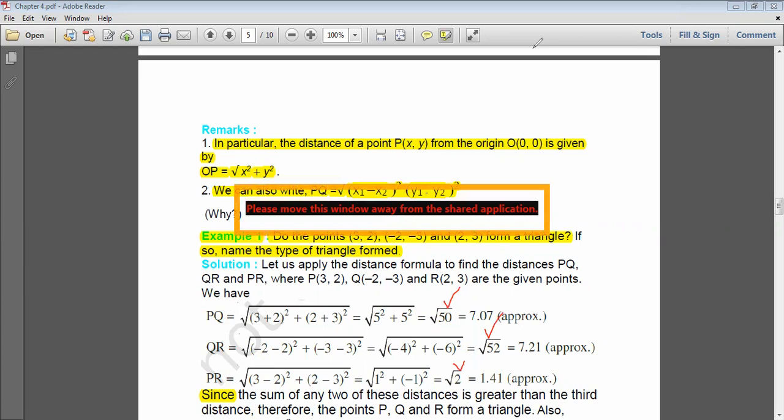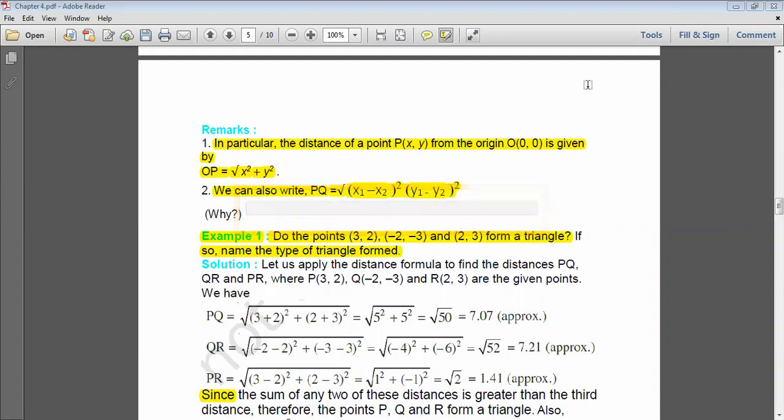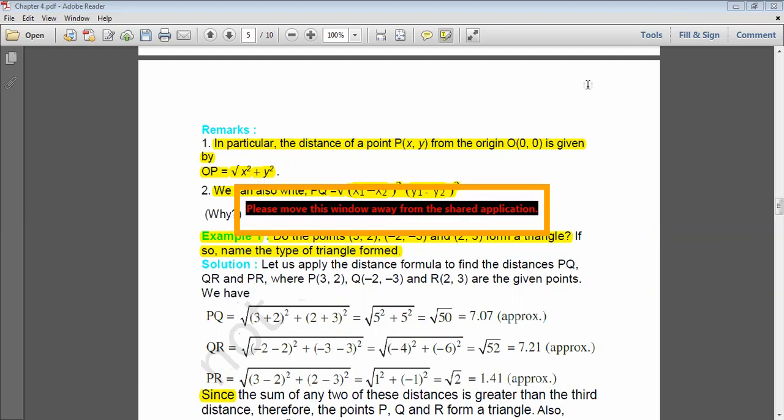Now what are we applying, actually? What is PQ, QR and PR? How could you understand that? Okay, Chaman, you can say, what is PQ, QR and PR? What do you understand? We are using the distance formula, and from the name itself, it is evident that we are using it to find the distance between these two points. So what else do you want to understand? And with the help of a figure we can clearly understand that one.